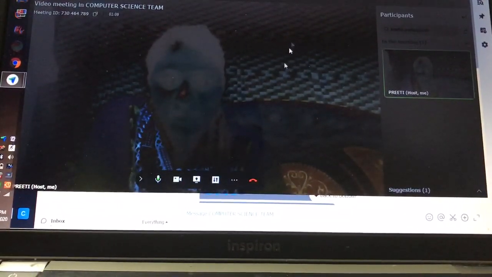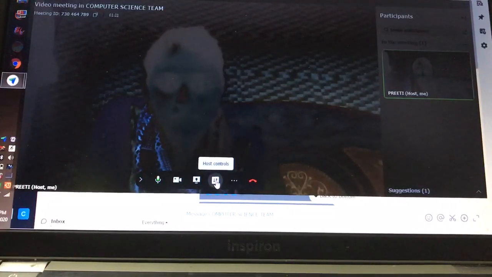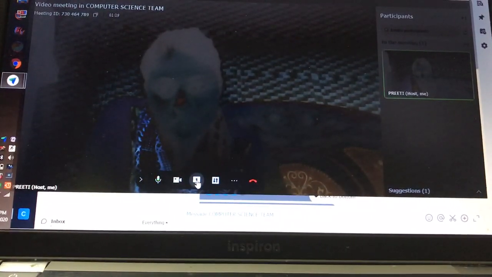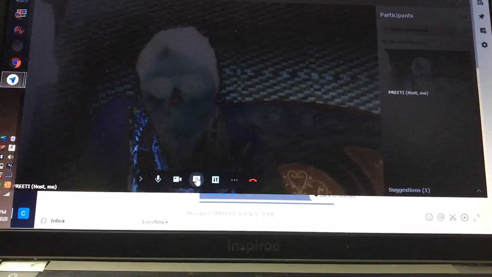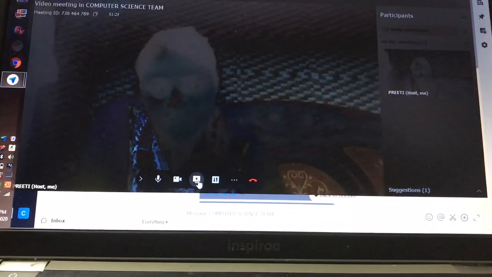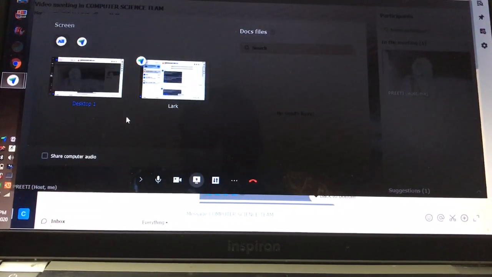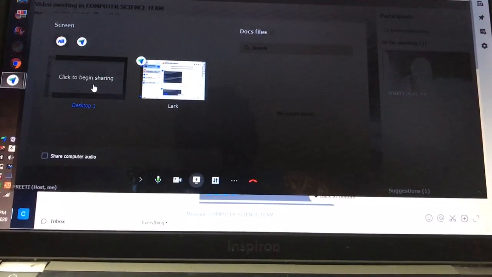Then after that, if we want to share some data from my computer, we can share our data from the share content option. I am clicking here. I'm going to my desktop for sharing the content.